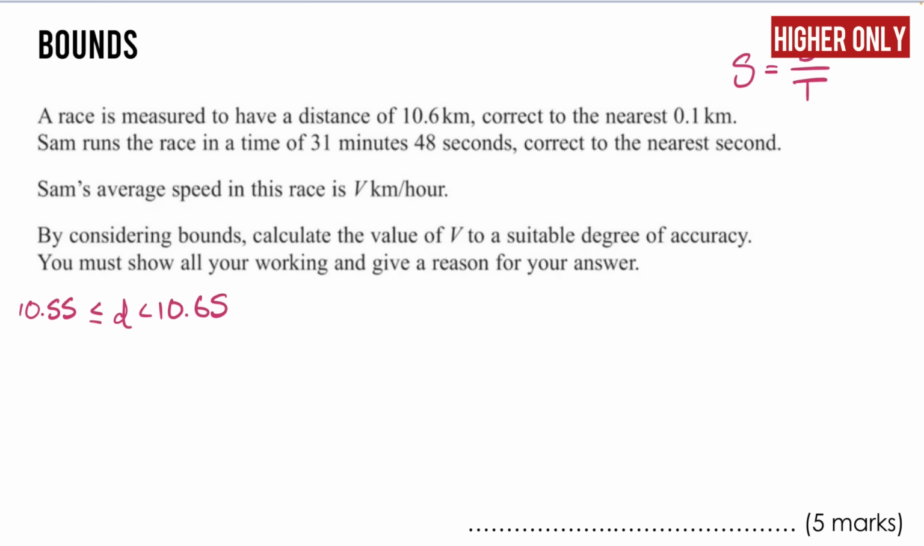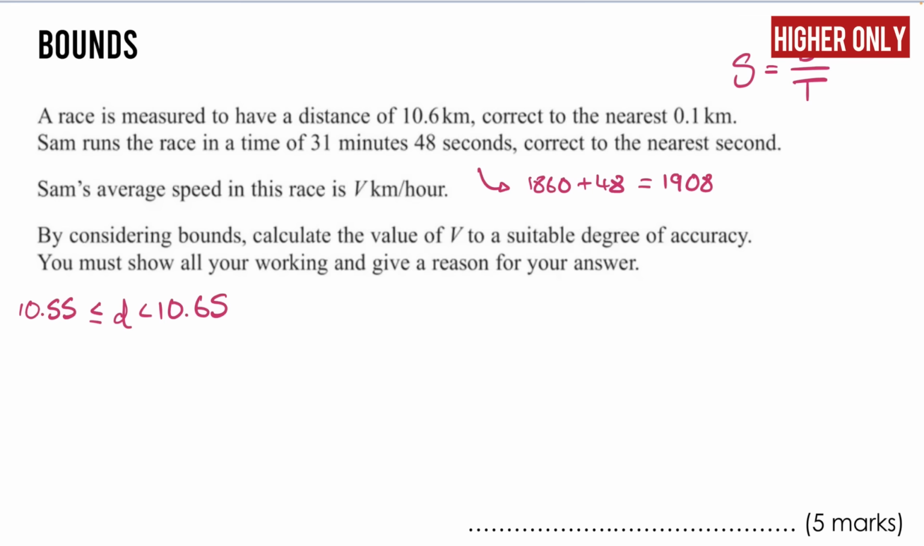The time is very awkward because it's written in 31 minutes and 48 seconds. Now if we convert this just into seconds so that we have a number that we can actually write a bound for, well 31 times 60 is 1,860. So 1,860 plus the 48, so plus 48, that gives us